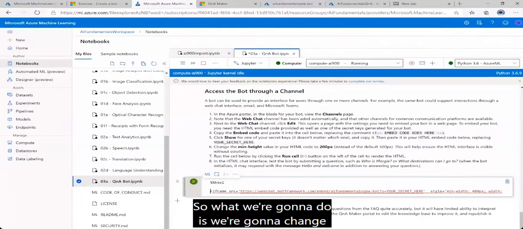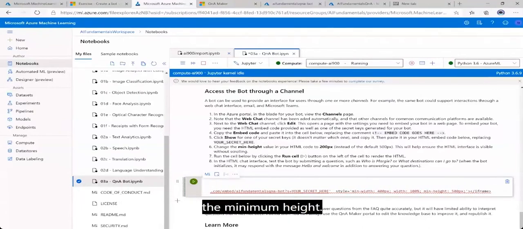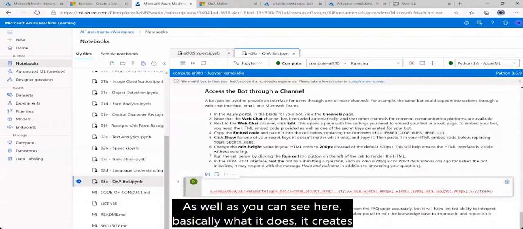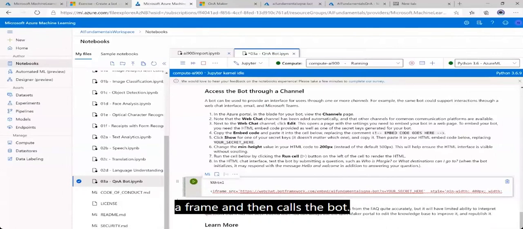So what we're going to do is we're going to change the minimum height. Instead of 500, we're going to set it to 200. So it's a little bit smaller. As well as you can see here, basically what it does, it creates a frame and then calls the bot, but it's missing one piece of